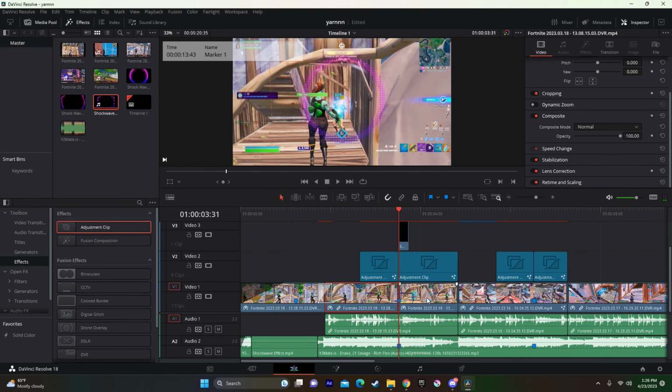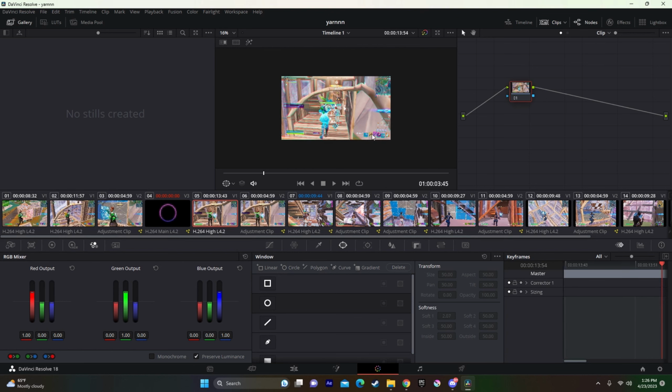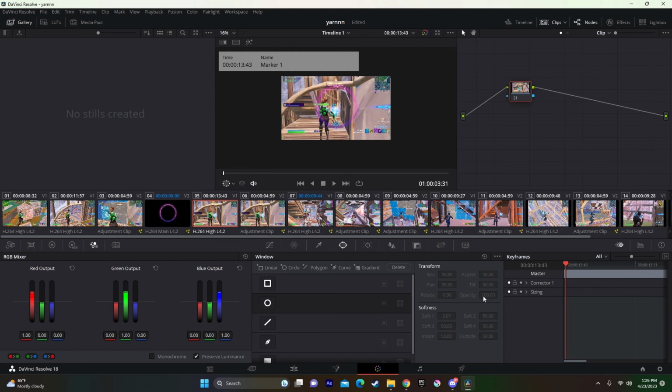Then cut this part right here, the actual video, just open the new cut portion into the color page. Make sure you're on the one after the shockwave, or just the one that shows the kill. Make sure it's not the adjustment clip, make sure it's the actual video clip. And just to make it easier, we're gonna do this step by step. So right here, click on this little window right here, press Alt L,